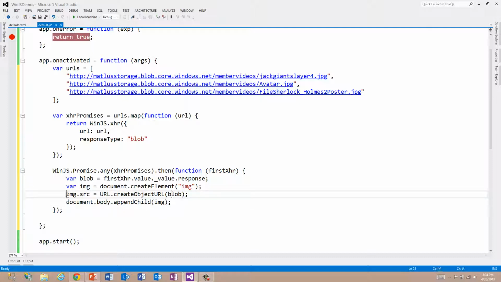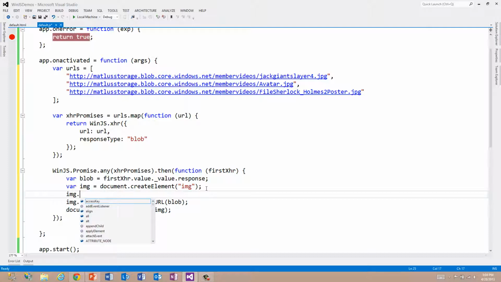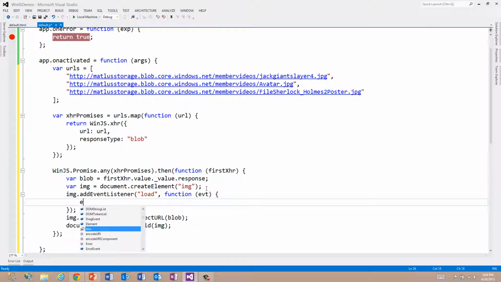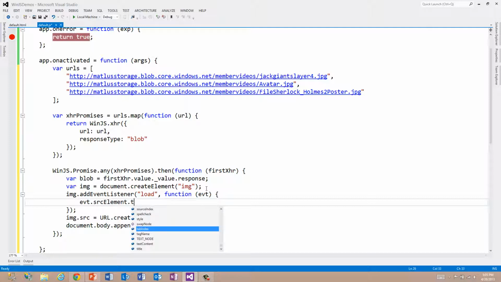Now, as a good practice, once you've assigned the source and the image is loaded up in this image tag, you want to free up the file name, if you will, and the blob. Okay, so to be good citizens here, we want to image dot add event listener to the load event of the image, and in here what we can do is evt dot, whether it's source element dot target, or is it target dot, hang on, let me see what it would be. So actually event dot